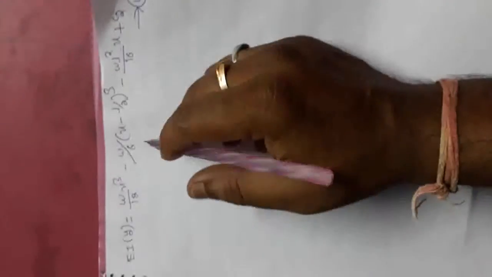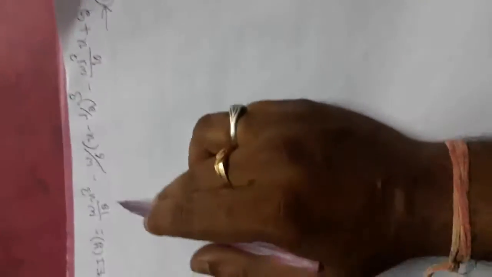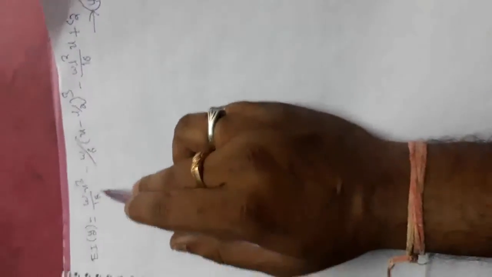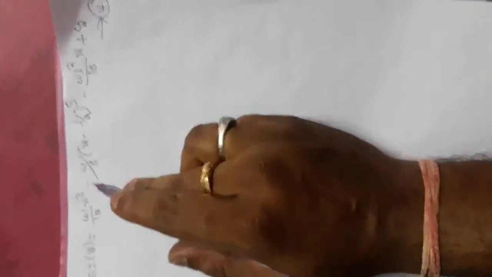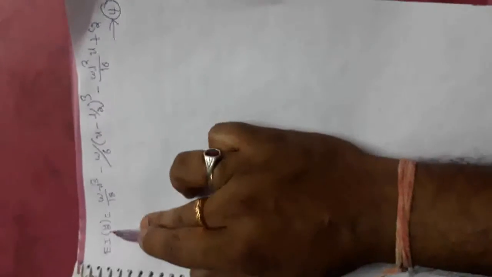After you get the fourth equation, this equation is called the deflection equation. You can use this equation to find the deflection at any point of the simply supported beam. Why? Because in this equation you can see y. Y is the letter denoting deflection. And next, C2 is the constant of integration.